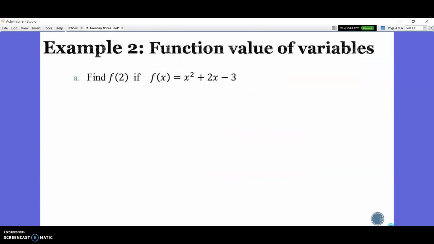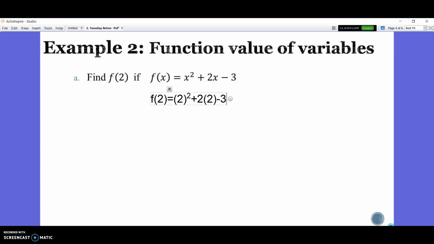Okay, example 2, function values of variables. We're asked to find f of 2 if f of x is equal to x squared plus 2x minus 3. All we want to do here is replace all the x's that we see with a 2. So here, f of 2 would equal, now every time you plug in 2, we use parentheses. So it's going to be 2 in parentheses and then squared plus 2 and then in parentheses another 2